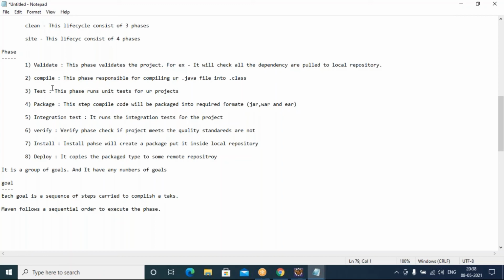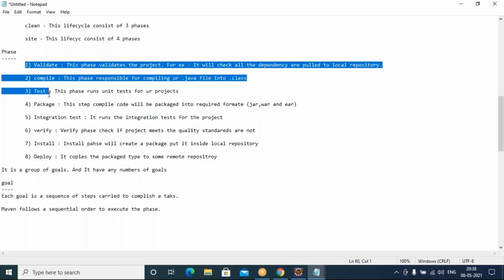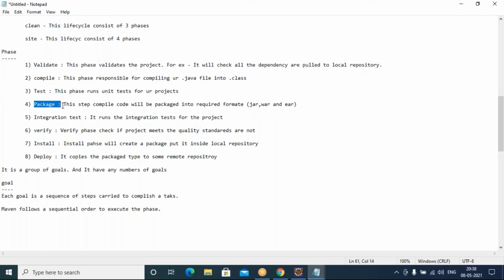These are all the commands we have, and they're called phases. So if I call the package phase, then the phases above it compulsorily execute first, and then the actual phase will be executed.